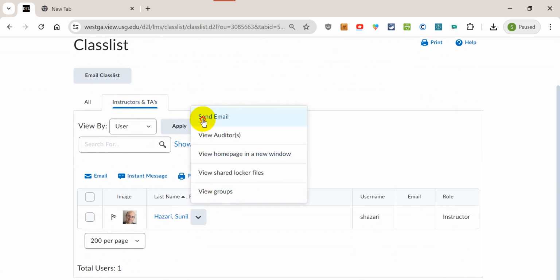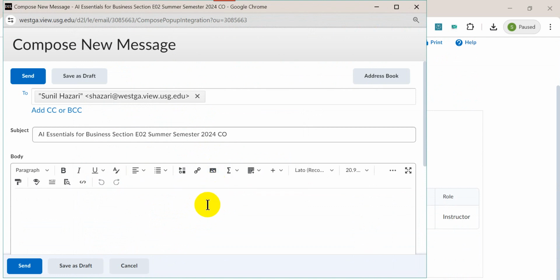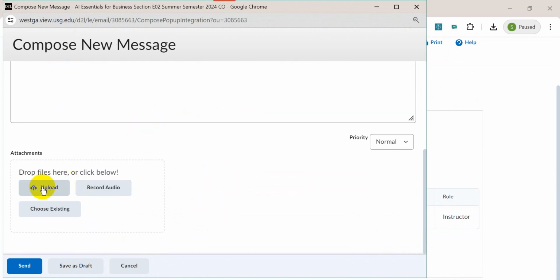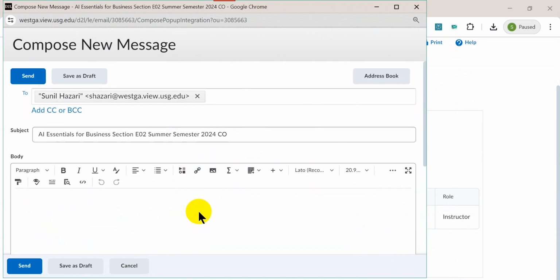Drop down, send email, and that opens up the email window. And if you scroll down, if you have any attachments to upload, you can upload over here. So note of caution, all the emails must be sent from within CourseDen only. Please do not send any course related email to any other account, because sometimes it ends